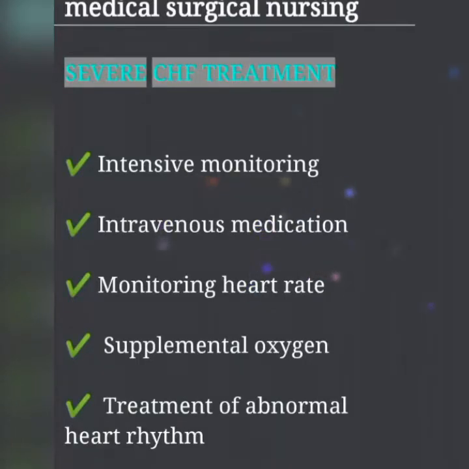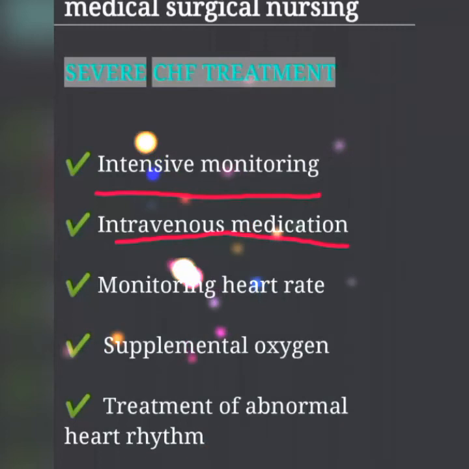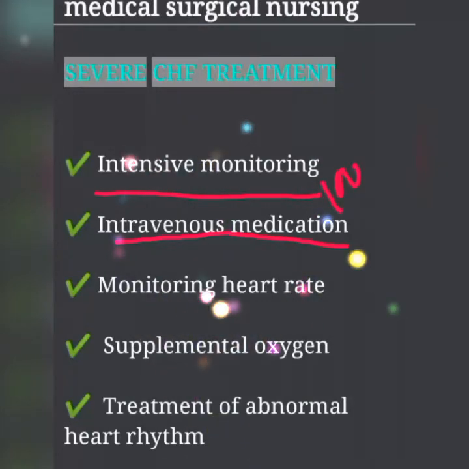It includes intensive monitoring and stabilizing of the heart rhythm and vital signs. In some cases, this may require CPR and advanced life-saving measures such as intubation and mechanical ventilation to support breathing. Next is intravenous medication to rapidly draw fluid out of the lungs and reduce the strain on the heart. Intravenous medications have 100% bioavailability. You all know that, I think.